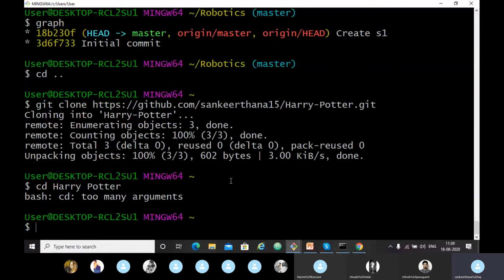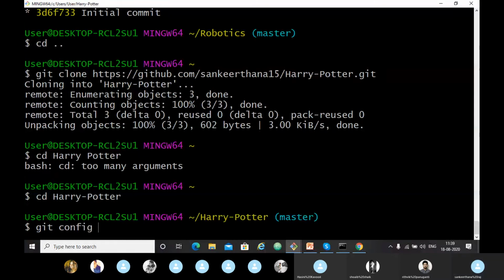I want to configure locally. Git config dash local user dot name. Config dash local.